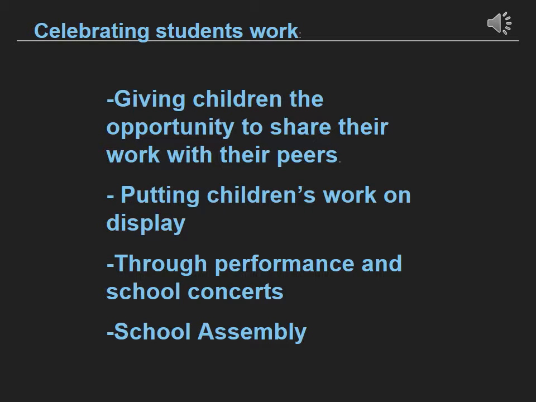Children will be given many opportunities in which they can share their work and achievements with their peers and teachers. Giving children the opportunity to share their work with their peers. Students who have shown significant learning in a piece of work can then share this with their peers of the same class weekly. Students may present to the whole class or in small groups. This will give the children an opportunity to share what they have learned and reflect on what is important to that child. This will give teachers an opportunity to also assess students' ability to share knowledge with the group and have their efforts recognised.